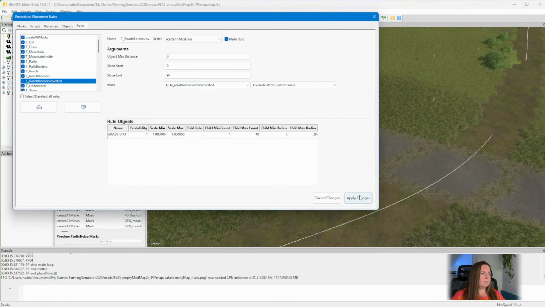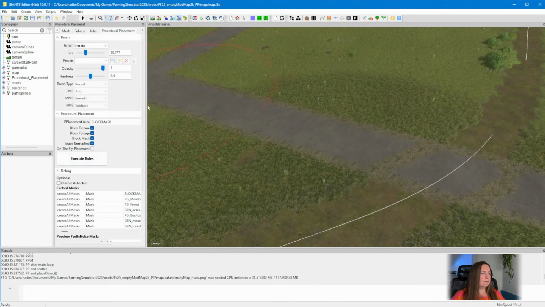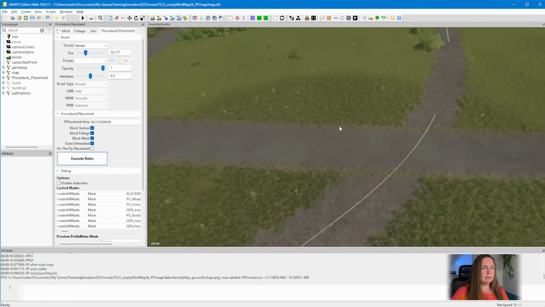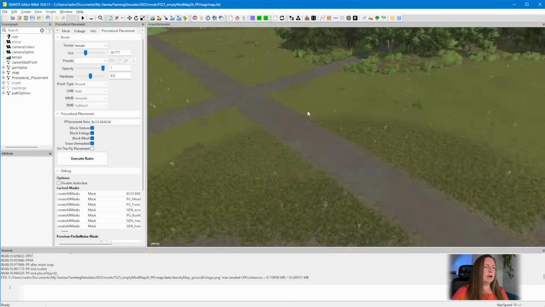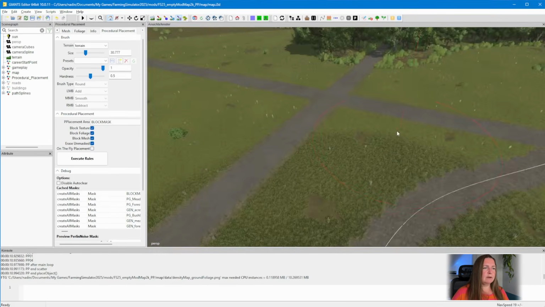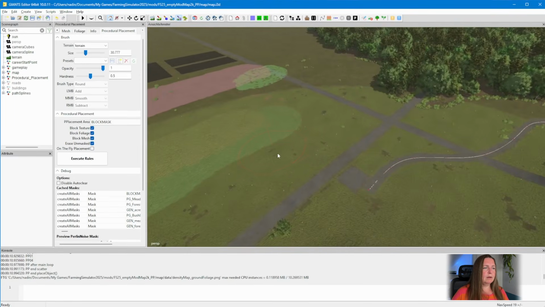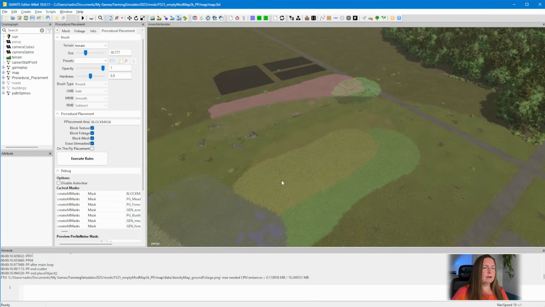So apply. And let's run the setup again. Okay, this looks better. It's certainly not perfect. I would definitely make some more adjustments if I'm working on my real map, but it's definitely already a very